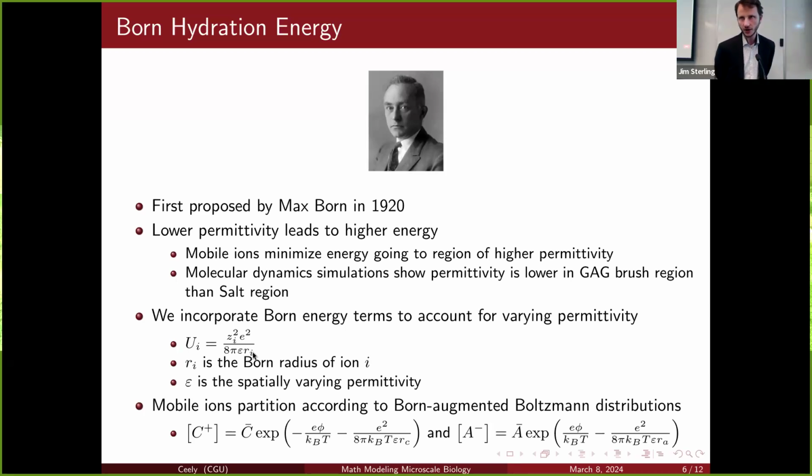It's not a physical ion radius. Just to make sure that's clear, it's not the physical radius, and because of that, we see that the chloride Born radius is about a magnitude of 10 less than the sodium Born radius. But essentially, mobile ions are going to want to move to regions of higher permittivity in order to minimize this